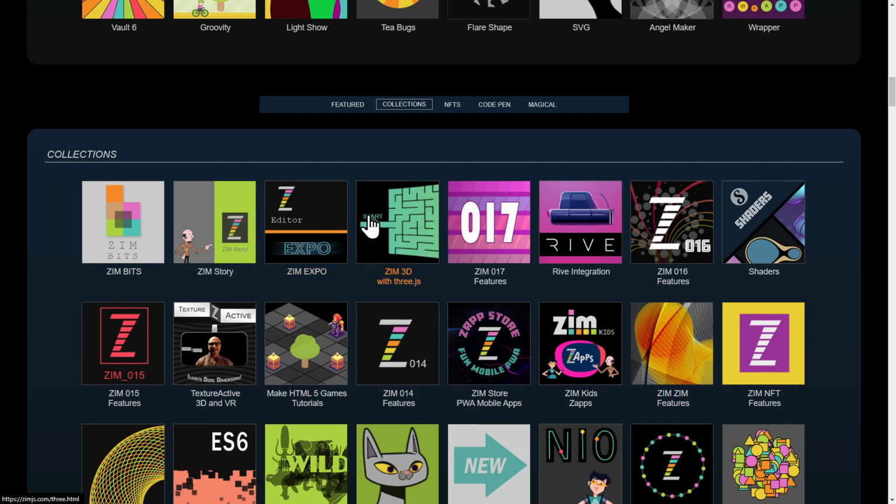A collection of how ZIM can work with three.js. We just added that yesterday. ZIM 017 features a mini site for Rive. 016, a mini site for shaders. 015, a mini site for texture actives, how to make HTML5 game tutorial examples. ZIM 014, the ZAP store, so a collection of things for mobile